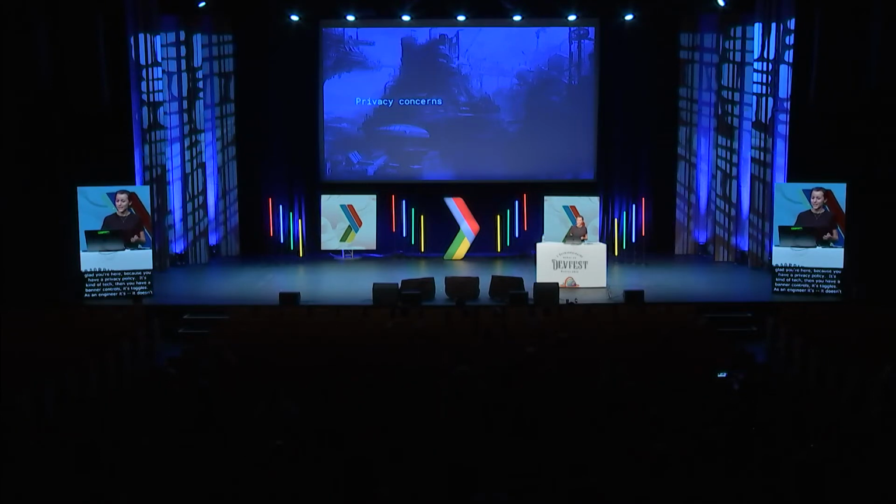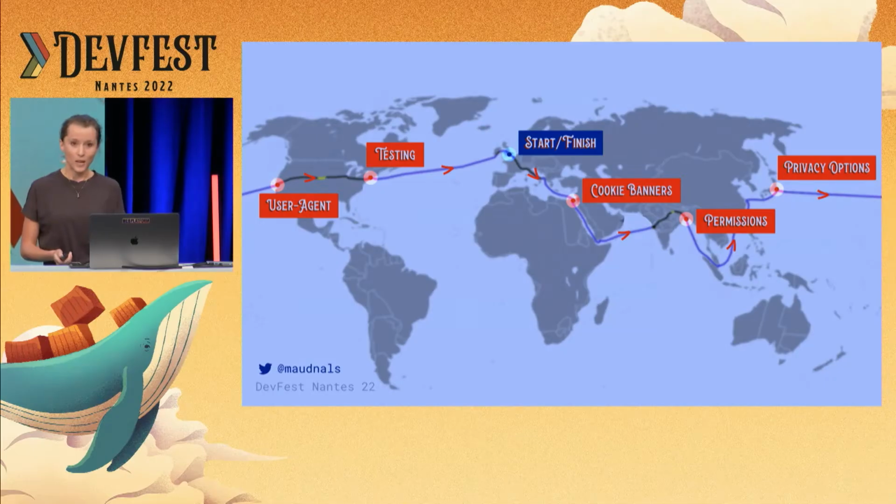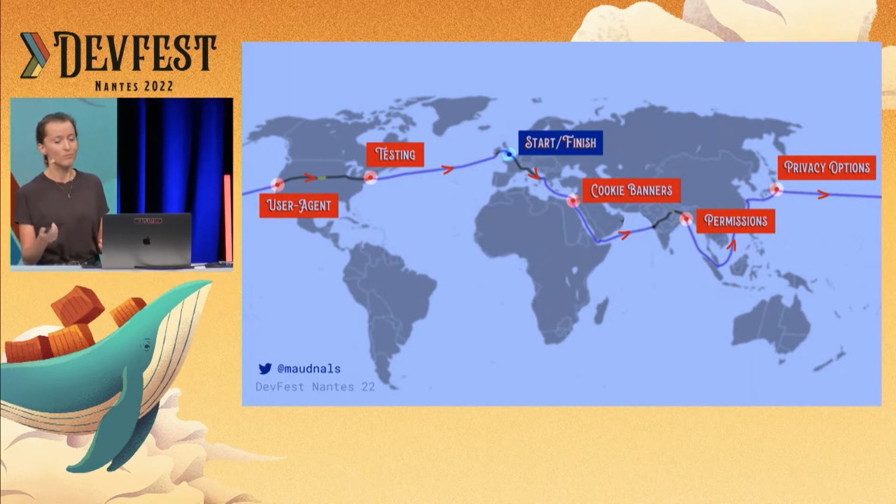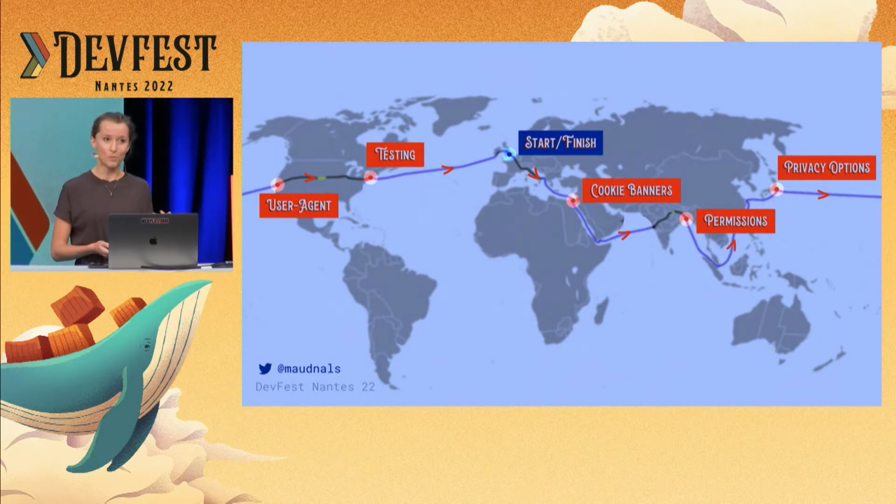So, not too exciting. But actually, what I want to do today is take you on a trip to try and change that view a little bit. Because in reality, our privacy decisions as developers can impact user experience in very visible, very concrete ways. And that's what we're going to talk about today. So here it is. This is our trip around web privacy. What I would like you to take away are concrete tips and things you can do today or tomorrow, or probably on Monday, on your site to improve both privacy and user experience.